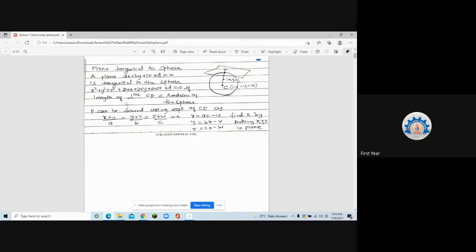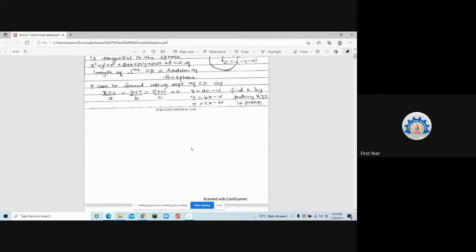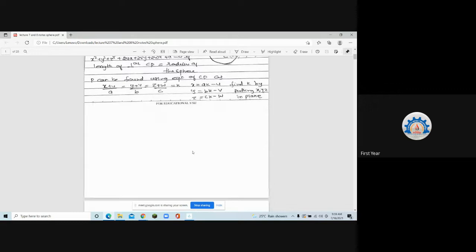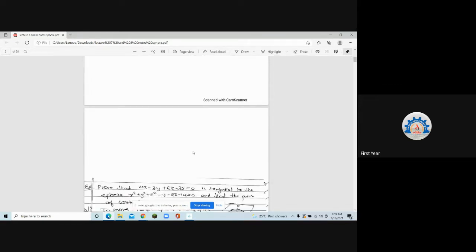k की value find करने के लिए ये point जो x y z है, put that in the equation of plane and you'll get the value of k. Back substitute the value of k in x y z. That's your point P. Is it okay? Clear? Everyone? Yes. Yes, ma'am. So take down the question and try to prove it.